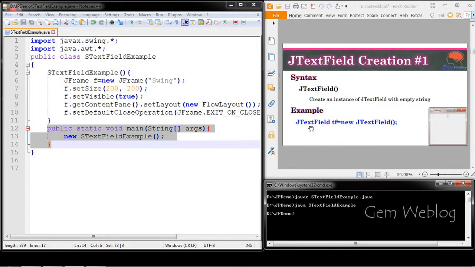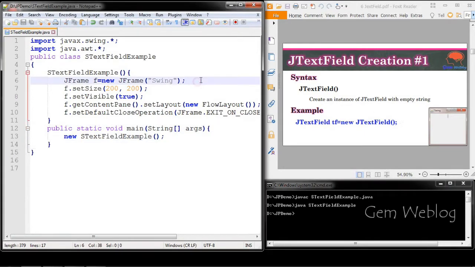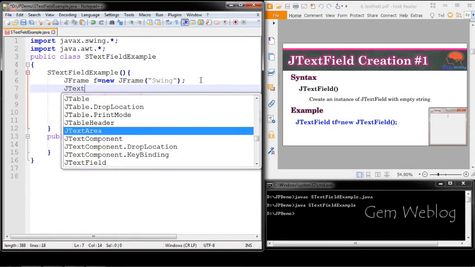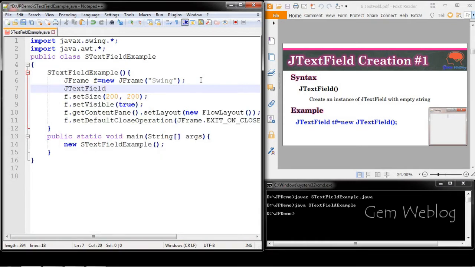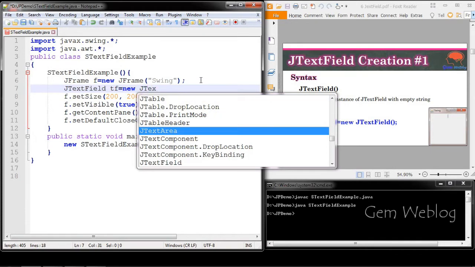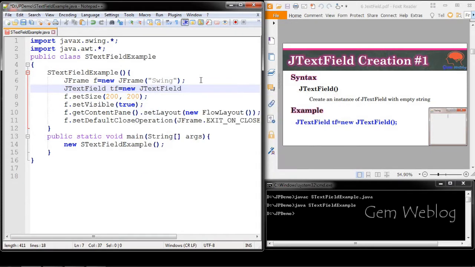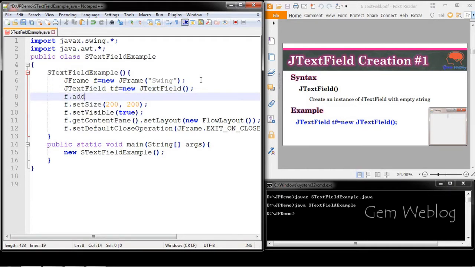First method, without using any caption in the constructor. So first JTextField, object name equal to new JTextField. We are not passing any caption into it. Once you created it, we are adding the component into the frame so that it will be visible for the user.